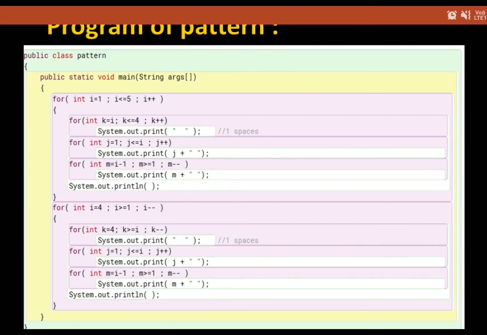In this way, you can have any of the patterns, whatever you are having in front of you. Just don't think it is the biggest problem in front of you. It is a smaller one. If you split it into parts, you can do any of the patterns.